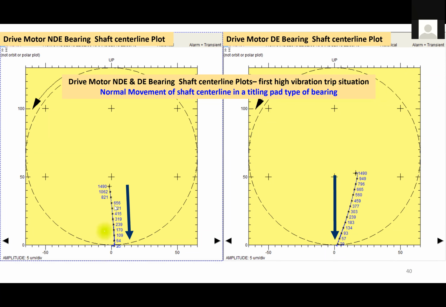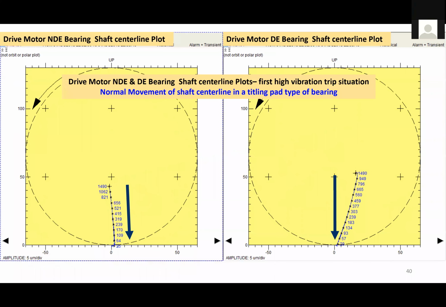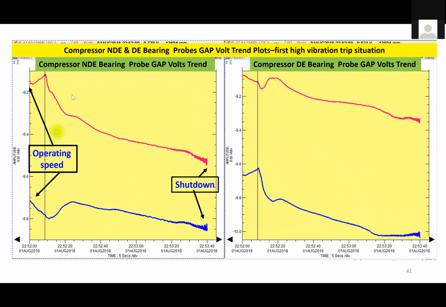You can see that there is a straight drop in vertical motion with the bore bearing. So this is how I expect the compressor to move. But the compressor was showing some abnormal movement like this here. Now, if you look at the gap voltage here, it is also showing that at this point of time it becomes more positive and then more negative, something like this one here.